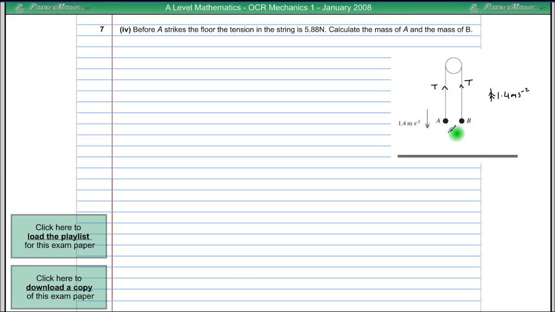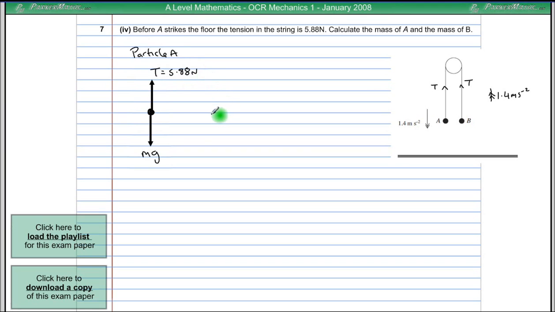So whenever we've got a connected system, as in one particle connected to another in some way, it's usually useful to consider each particle separately. So let's start off by looking at particle A. So here is particle A, and we've got two forces acting on it. We've got a weight downwards, which is going to be equal to mg, and we have a tension in the string pulling upwards, which we will call T, and we know that that is equal to